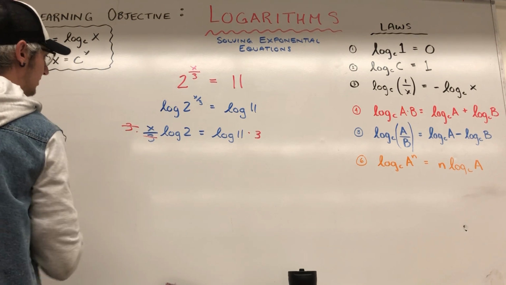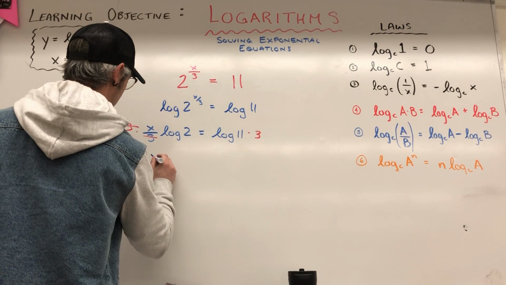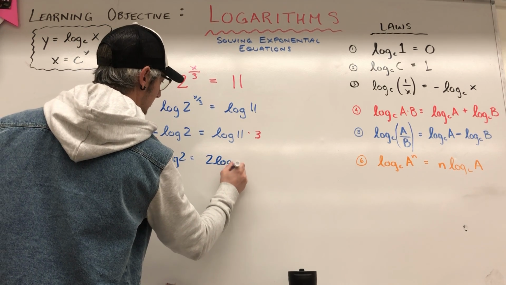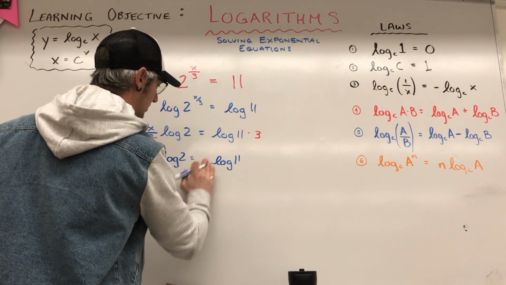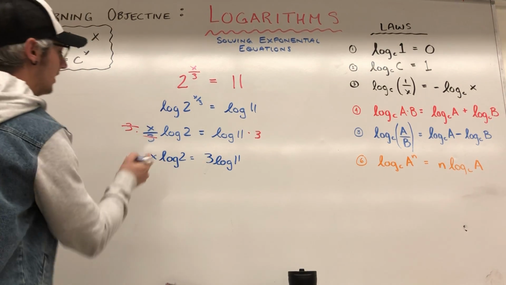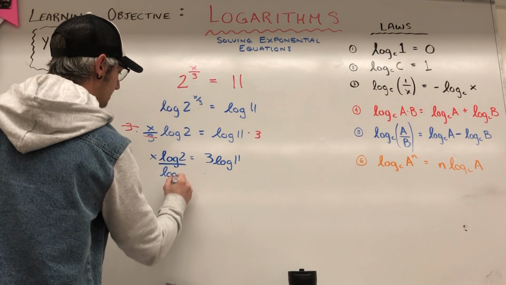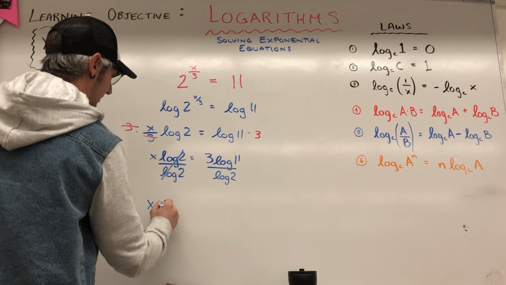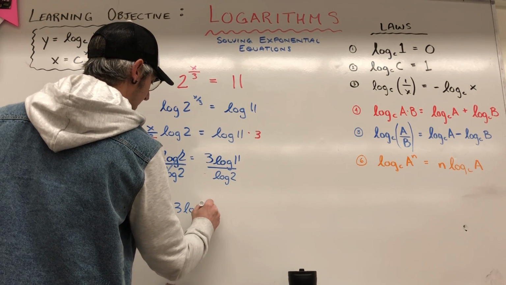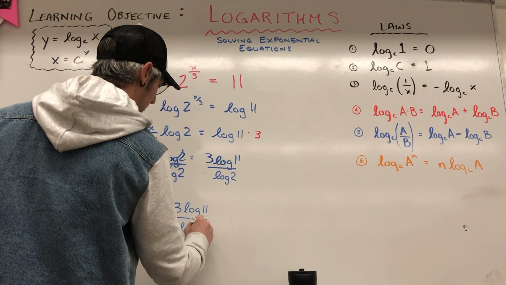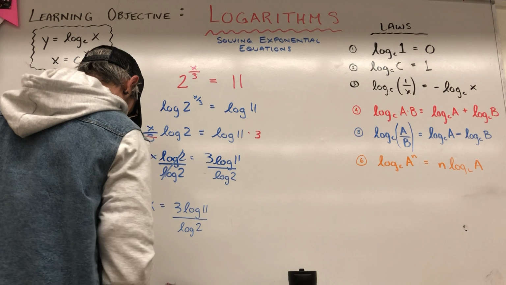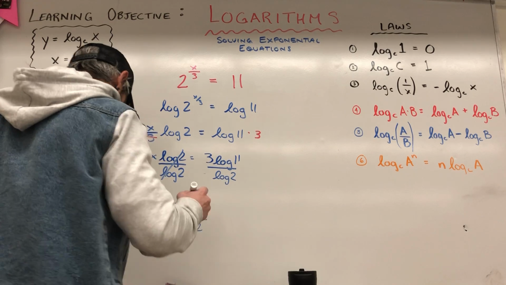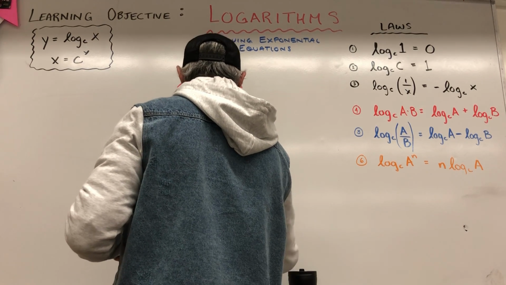Okay, so that's going to cancel. And now I have x log 2 is equal to 3 times log 11. Now I can divide out the log 2. And I get x is equal to 3 log 11 divided by log 2. 3 log 11 divided by log of 2 is approximately equal to